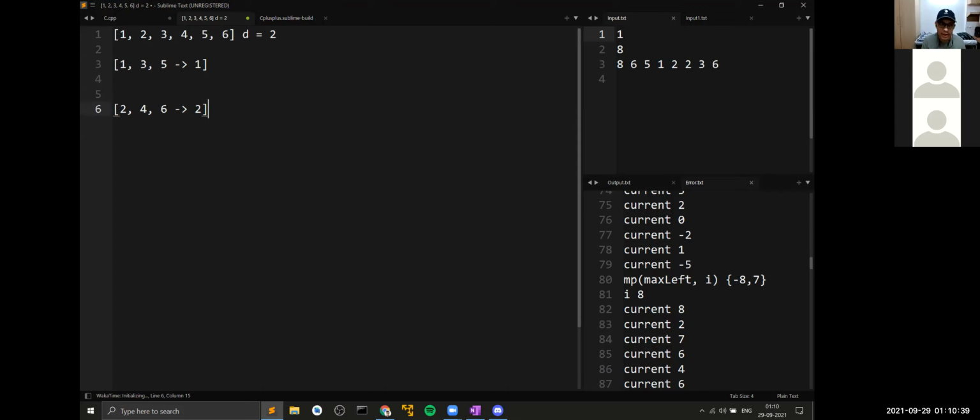Now, if I tell you that d equals, in fact, 5, let's say. So you would be having 1, 6, then you would have 2, then you would have 3, 4, then you would have, I'm not sure if I'm writing it correctly, 5, then you would have 3.